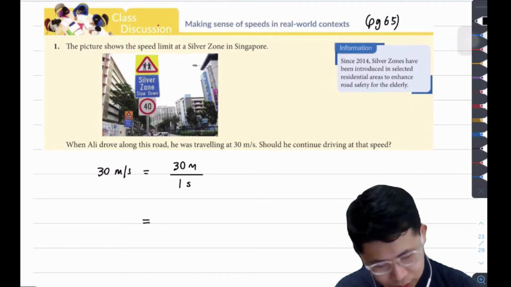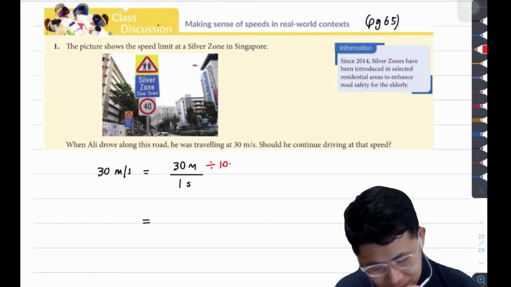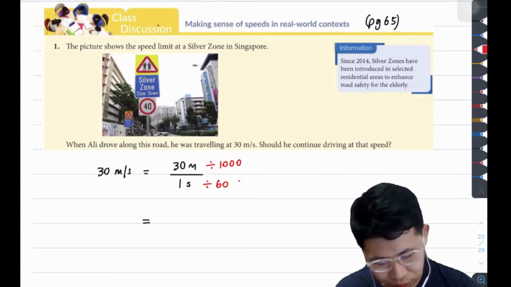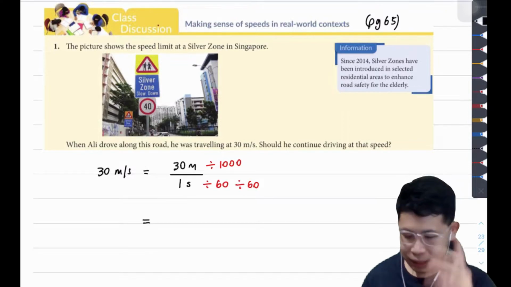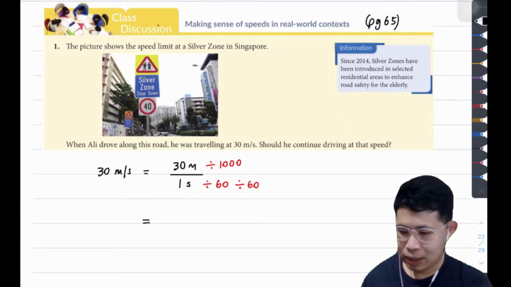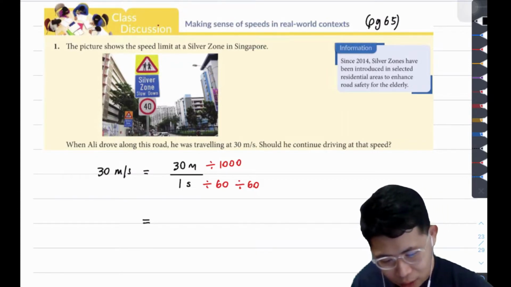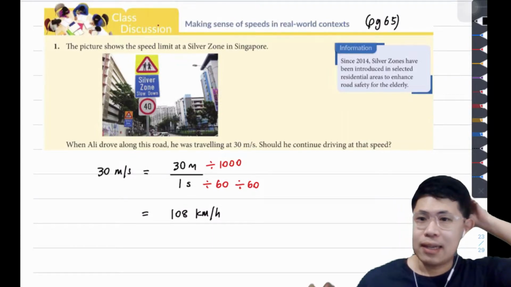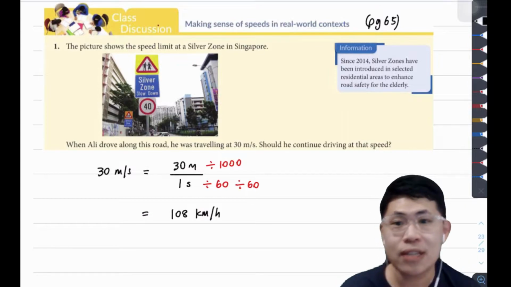We convert this using, so 30 meters to kilometers, we're going to divide by 1000. Seconds to 1 hour, we're going to divide to minutes, and we're going to divide to hours. Okay, so with this, I'm going to key everything into my calculator. So 30 divided by 1000 on top, 1 divided by 60 divided by 60 on the bottom. So now the speed that the person is traveling is 108 kilometers per hour. So you can see 30 meters per second actually is equivalent to 108 kilometers per hour, which is actually very,